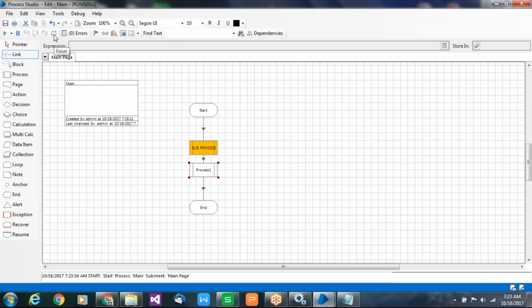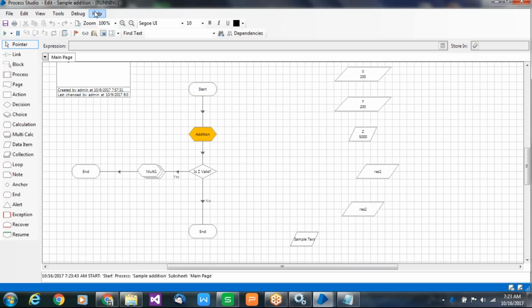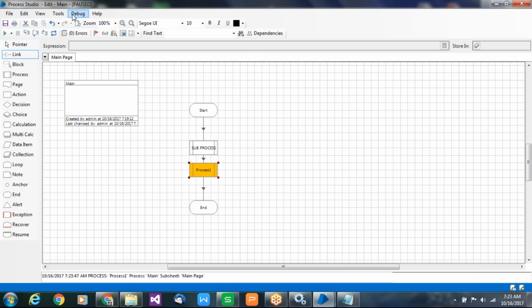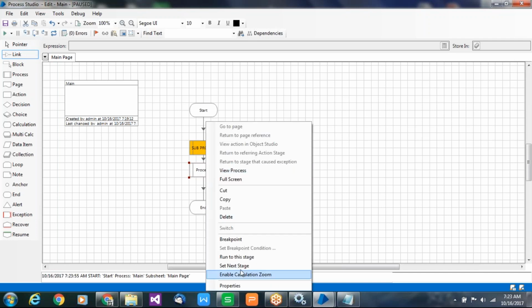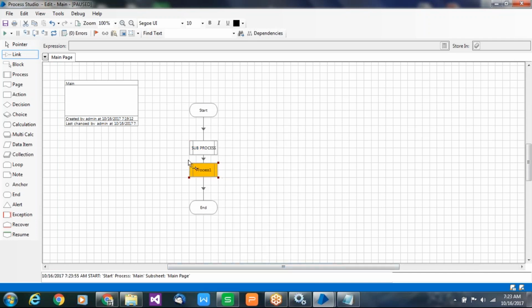See, I ran it and paused it here. Now I paused it. If you want to go inside, use the step option. It will call the same. This is a different process, sample addition one, and the one process I skipped. After that, only the next process I am running. And we also have one more option, you remember? Set to next stage. I want to skip a process and run only this process, then run it. Like this we can use different options.